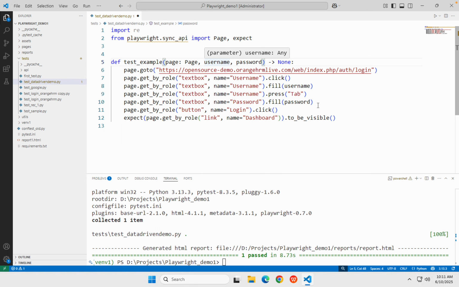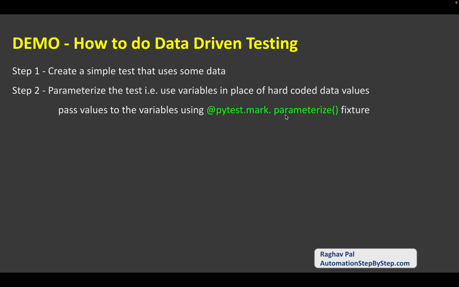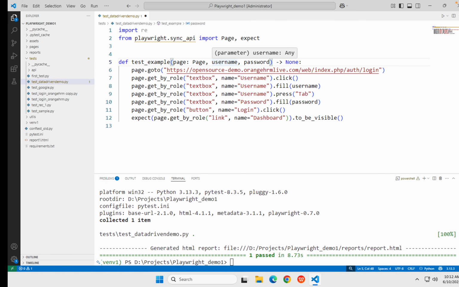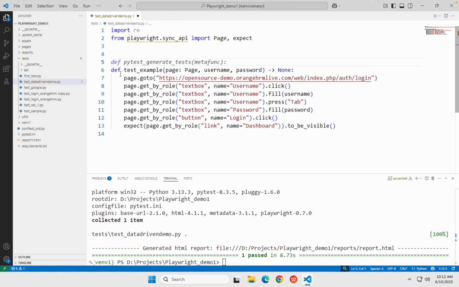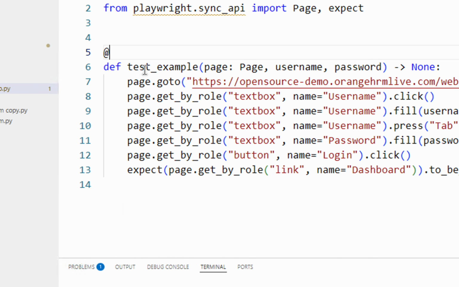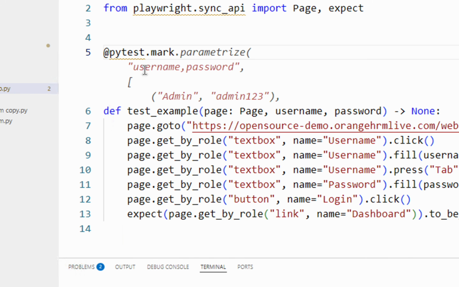Now we will use a fixture, pytest.mark.parametrize, and this is a fixture from pytest. So if you are using pytest, you can directly use this fixture. Otherwise you can use some Python functions, but because we are already using pytest in our project, let us use this fixture, at pytest.mark.parametrize, and this we have to use just above the function. So I will say at pytest dot mark dot parametrize,